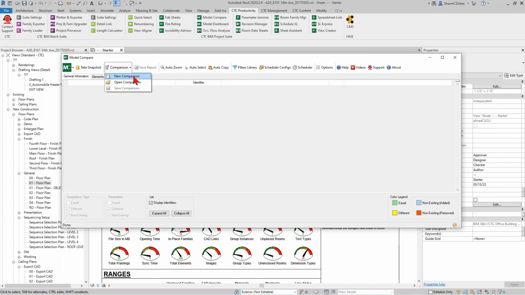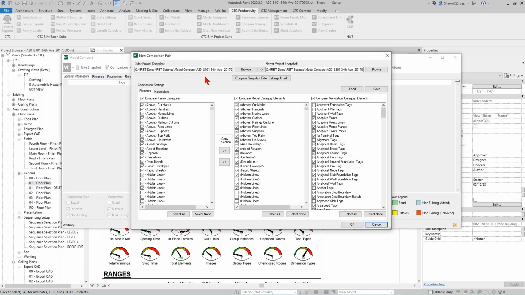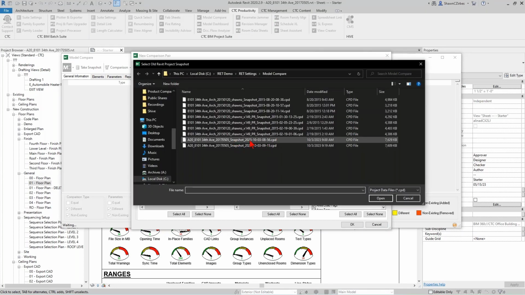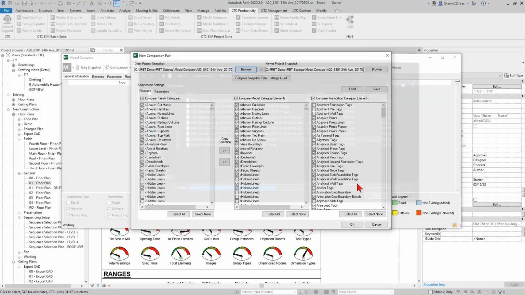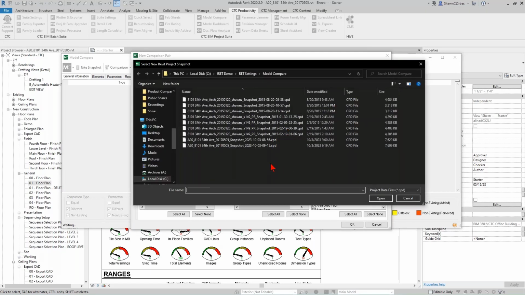And then ultimately, after I've built up a new comparison and I show you the workflow, I'm going to open an already run comparison just to save a little bit of time in a presentation. So when you build up a new comparison, you browse for an older snapshot. Okay, I'm going to browse for one that I took earlier today, actually. And then I can browse for one that I took a little bit later after I had made some model changes very intentionally. About 20 minutes later, I made some changes to the model and took another snapshot,